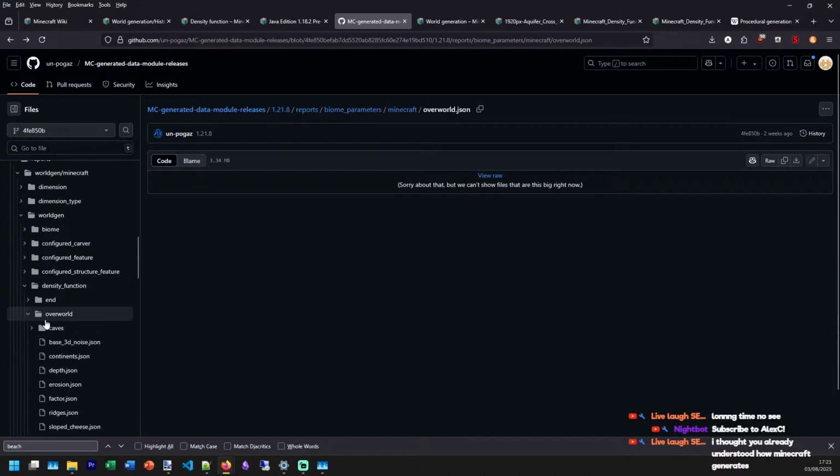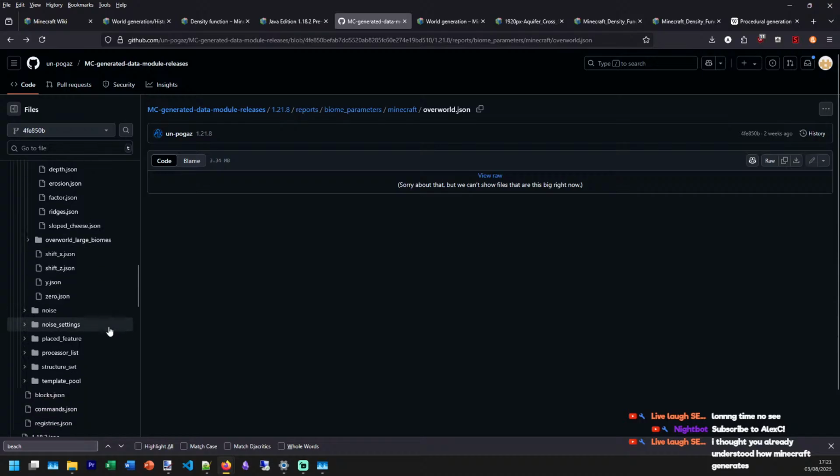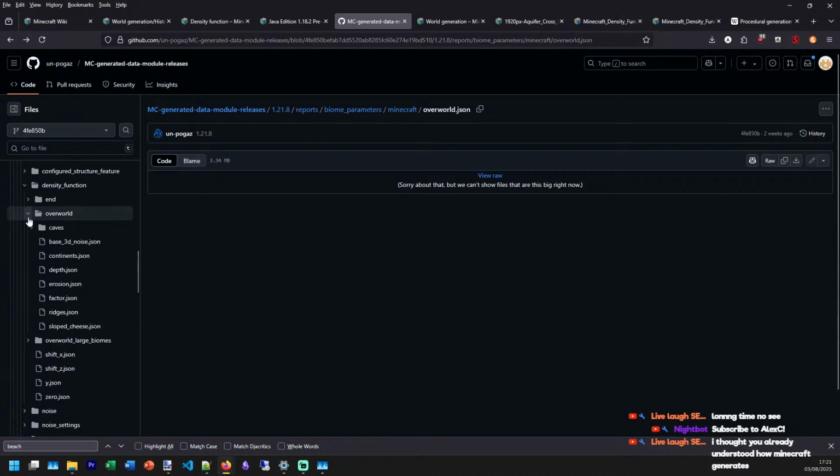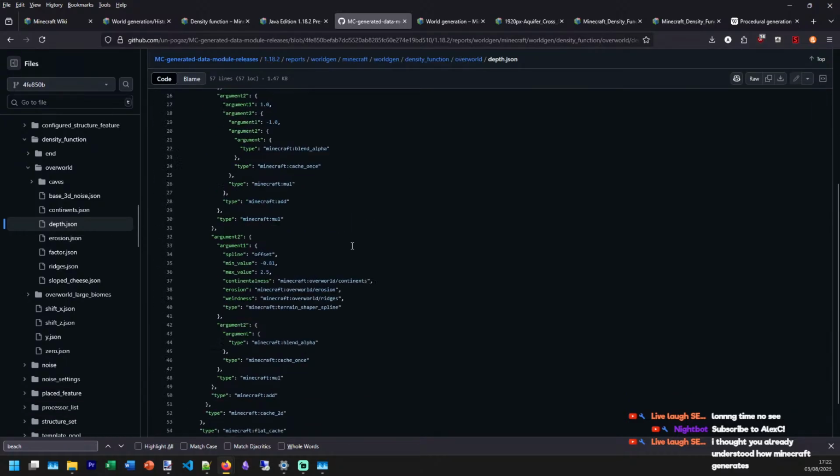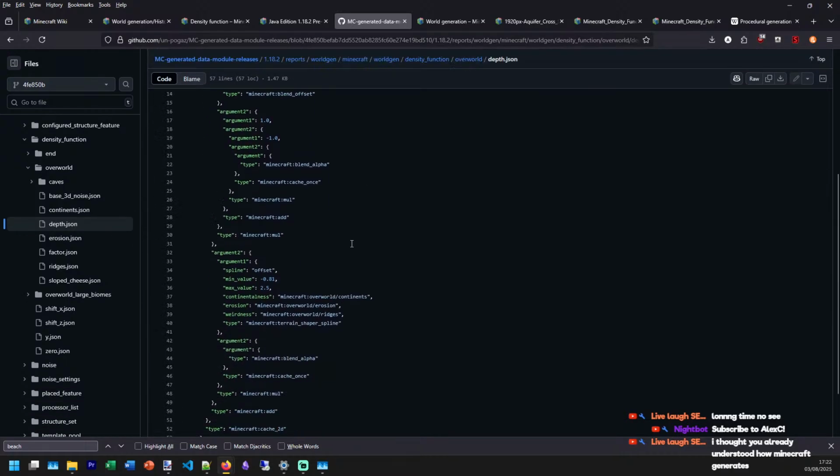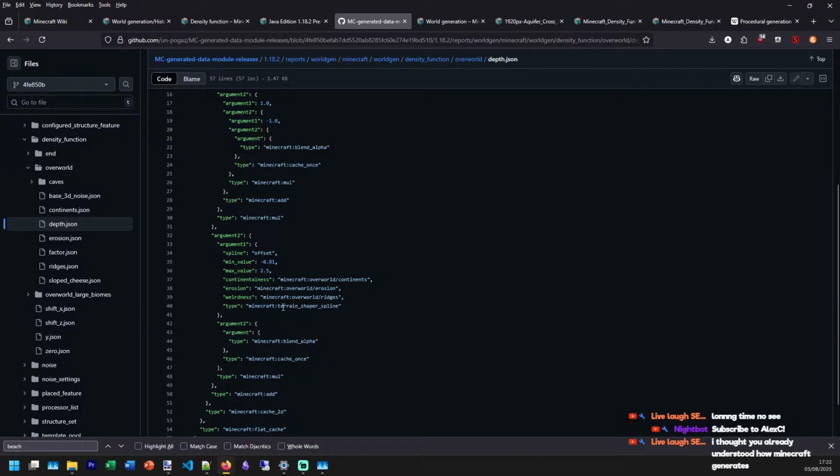I'm looking at the end, it's the overworld. Oh wow, they didn't actually have the nether stuff in there. One thing I'm noticing is that offsets doesn't seem to be a thing at this point in time. Depth.